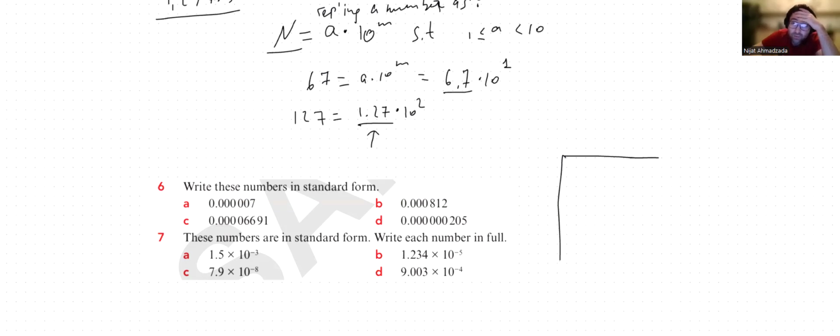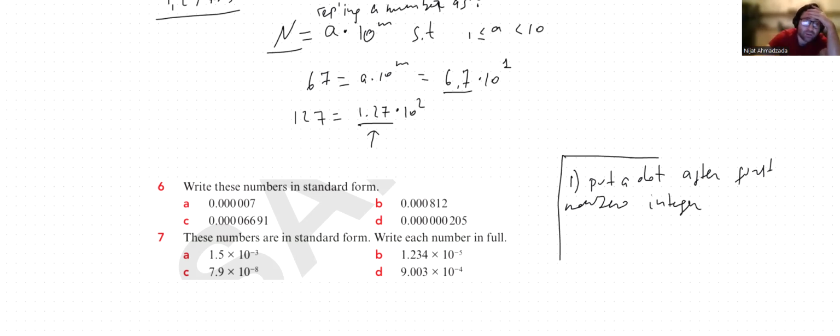So the first step is to put a dot after the first non-zero digit. Second step is to figure out m,